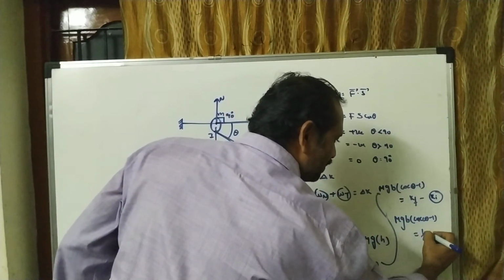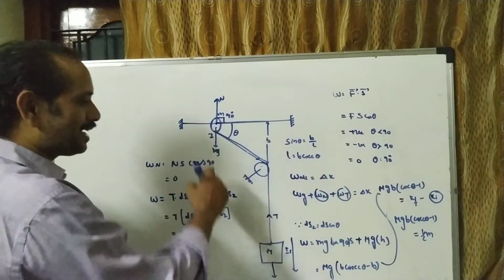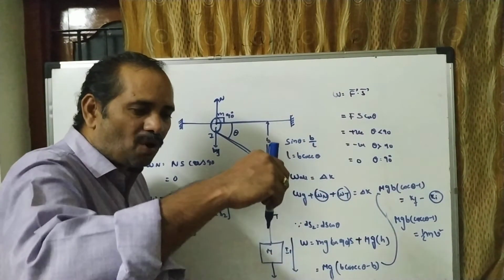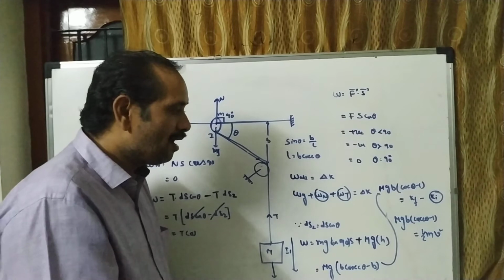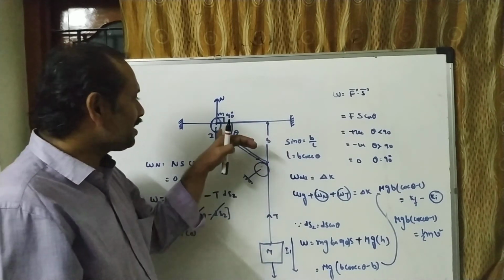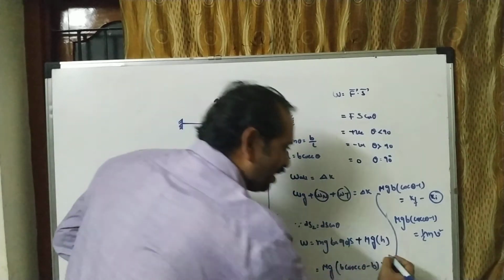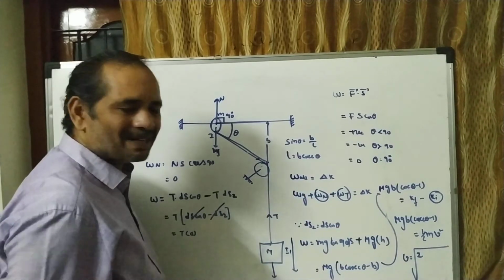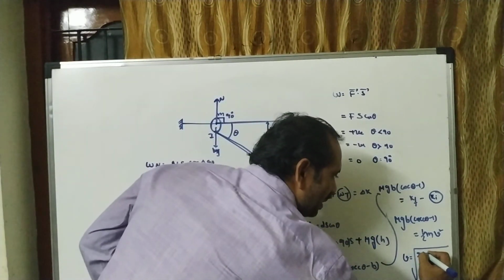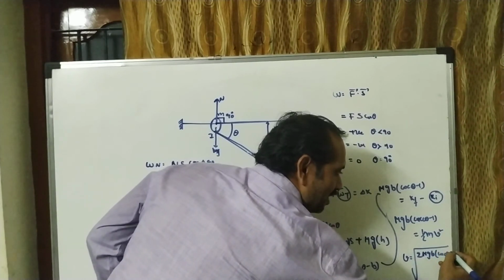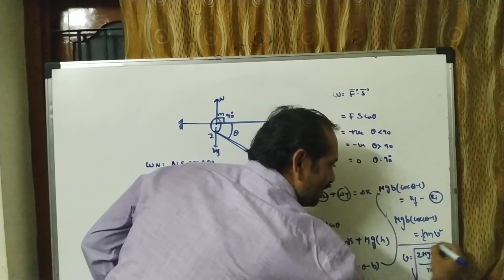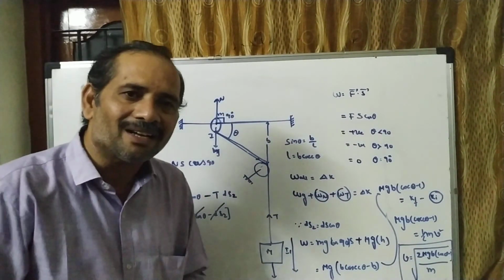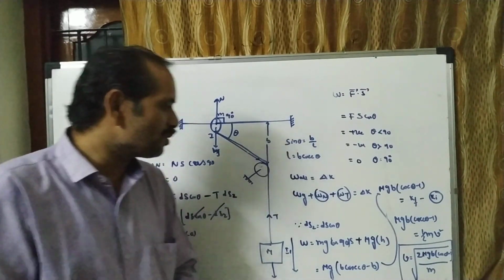is equal to half into small m into v square, the kinetic energy of the ring. Now the kinetic energy of the block: the block becomes vertical, in a momentary rest state, so the block's kinetic energy becomes 0. Only the ring's kinetic energy is present. Then velocity is equal to root over 2 capital M g B into cosecant theta minus 1, divided by small m. This is the maximum velocity acquired by the ring. So that is the conclusion for the maximum velocity.